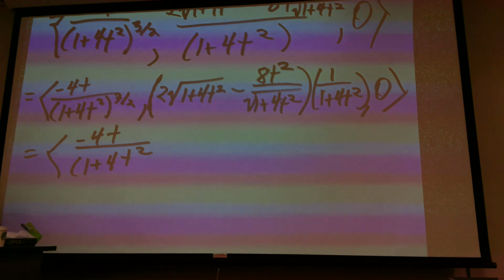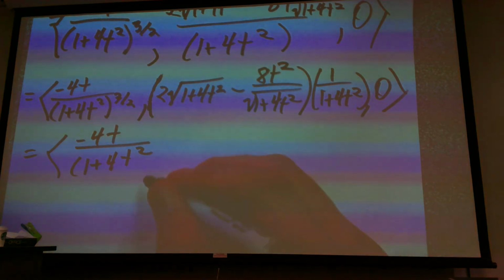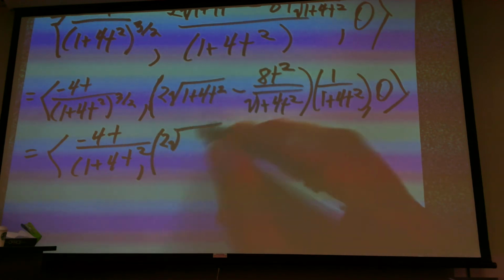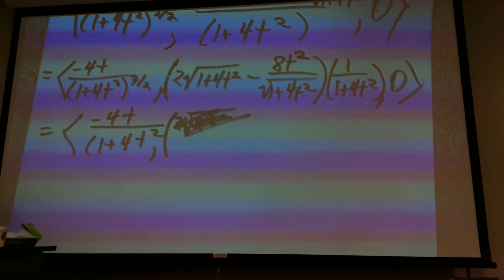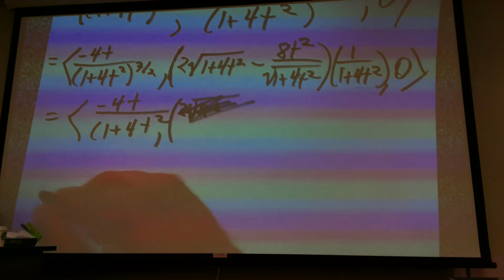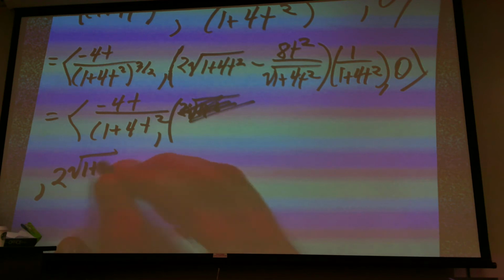Squared. Okay. And then I'm going to take this guy, I'm going to say, all right, this is going to be 2, and then the root, 1 plus 4t squared. I'll do it on the line. Okay, so the next component, this is going to be comma, now 2 root 1 plus 4t